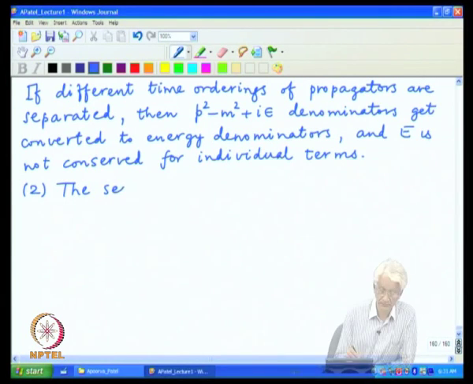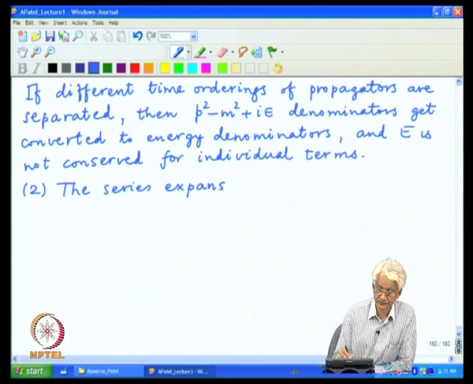So, that question has a unusual answer, that the series is actually not convergent, and so we have to put in some effort to make some sense out of this particular series. So, the first thing to note that the series expansion is in